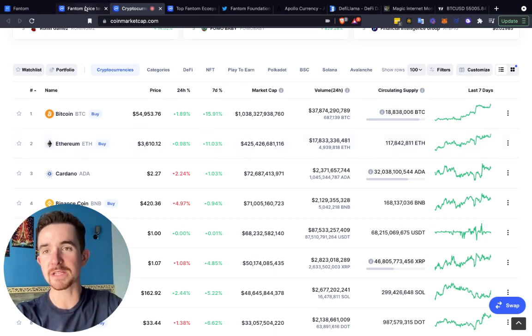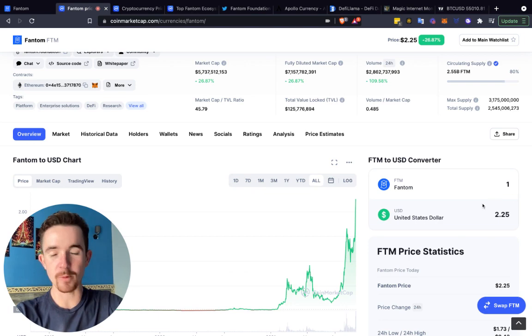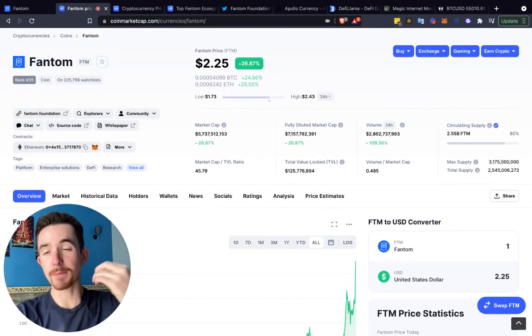And one of the things that I do want to point out here is starting off this year, just look at this, right? We were right around 2 cents. Even if you go back to the new year, I was in Montenegro in the new year. Let's see, we were around 0.017 cents. We've done over 100x. Personally, I'll talk about this more later, but I do think we can do possibly another 2x, especially if you compare some of these other projects that are in front of Fantom and what Fantom's building,